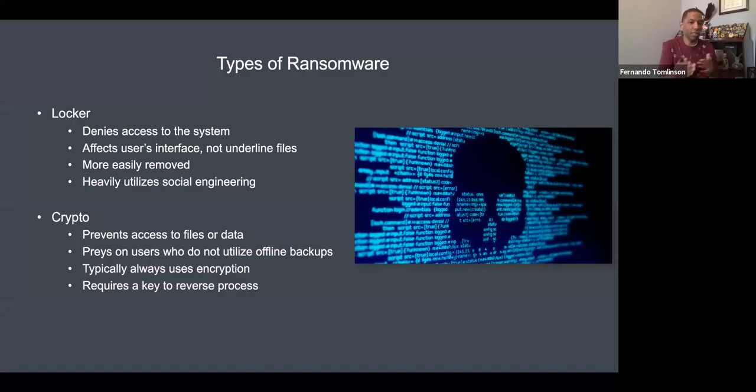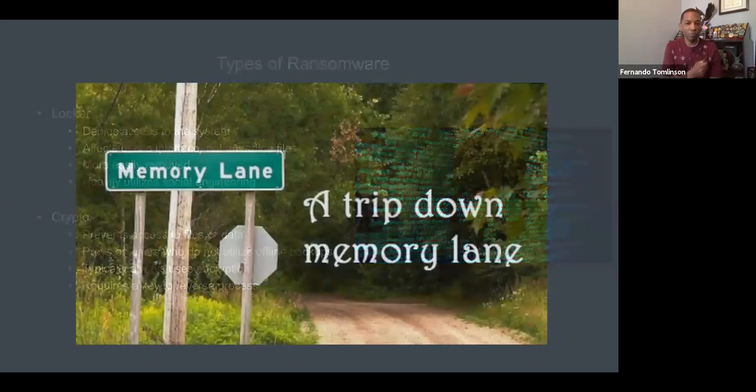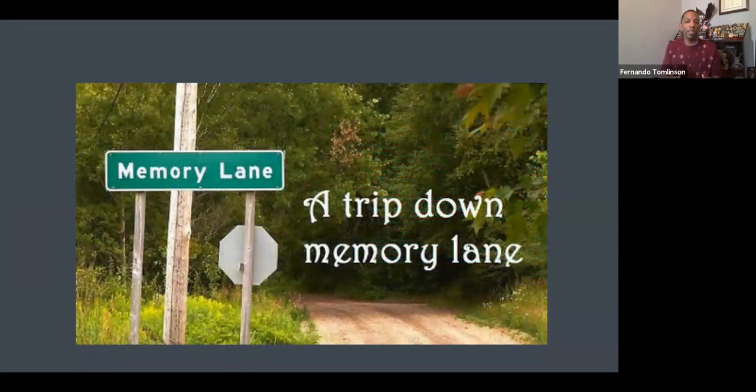Go to those things that they have in place for recovery, ransomware authors likely would have already attacked that and/or minimized it. Okay, so let's take a trip back down memory lane. Memory lane in the sense of we recognize it's 2021. We didn't just wake up yesterday and all of a sudden there's a ransomware attack. So where did this all really start?